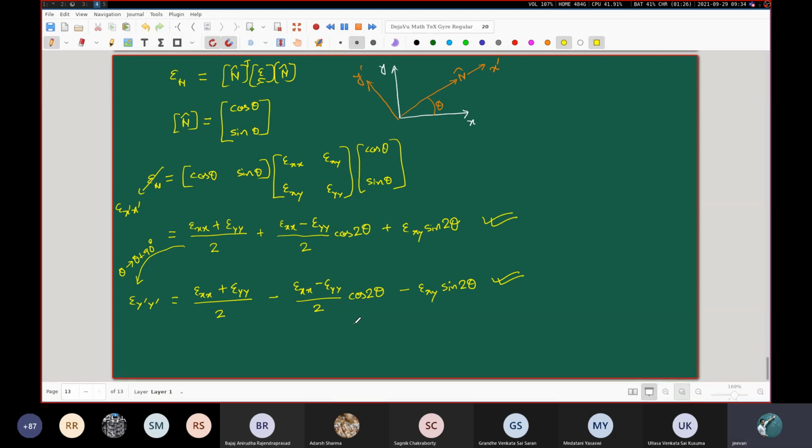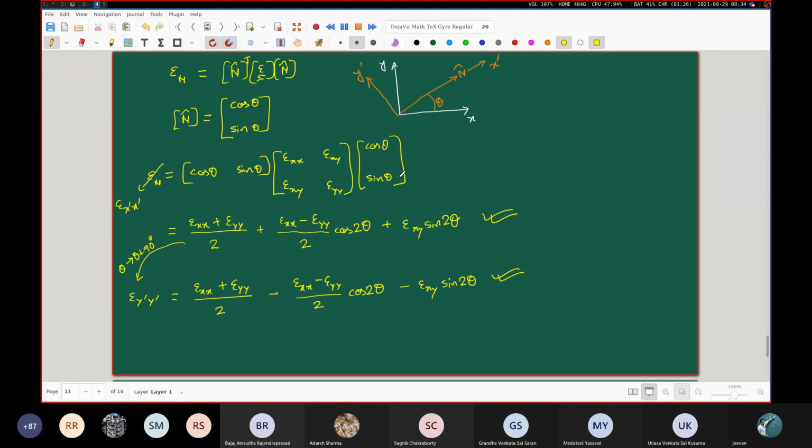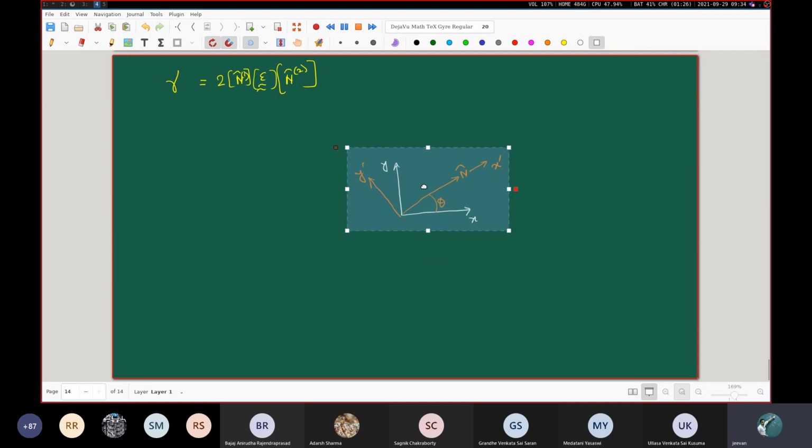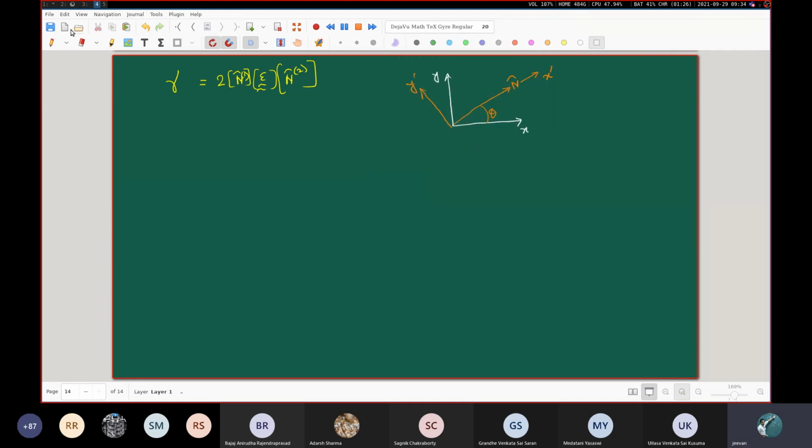Next, our job is not yet done because we have to go to the expression for the gamma also. Okay, and I want to look at what happens for this gamma x dash y dash. So let's go to the next page, and our expression for gamma was twice of this thing. I'm just repeating the expression here. And if I just borrow this diagram, you note that